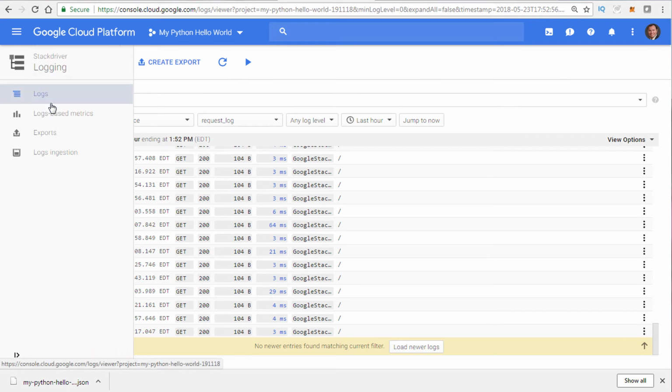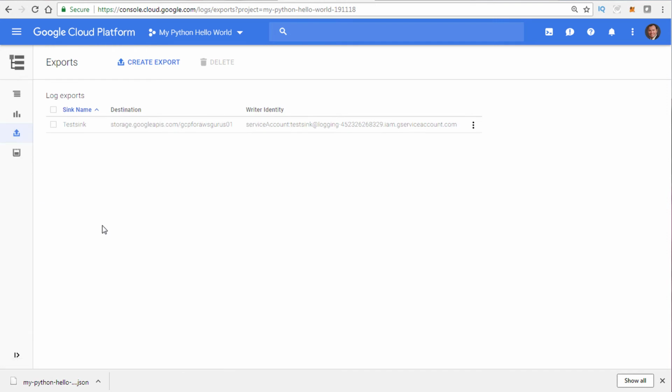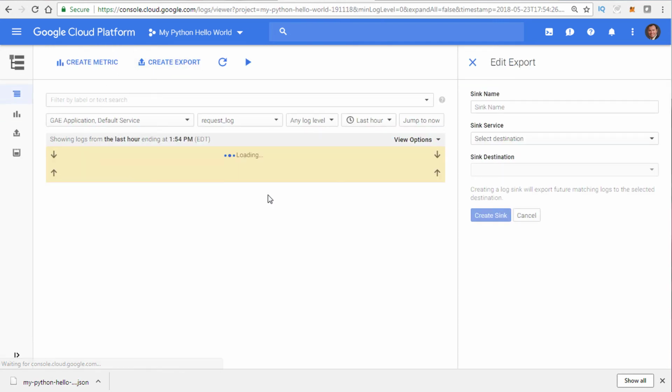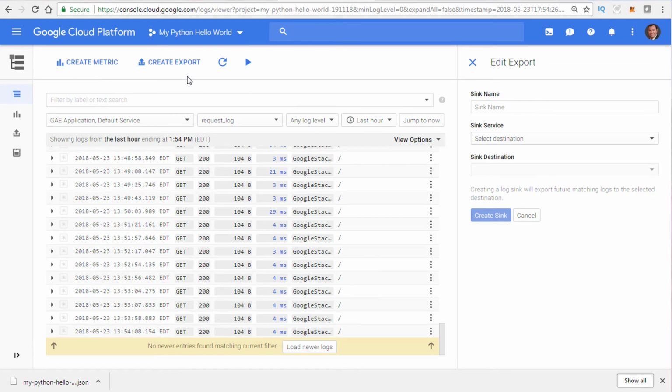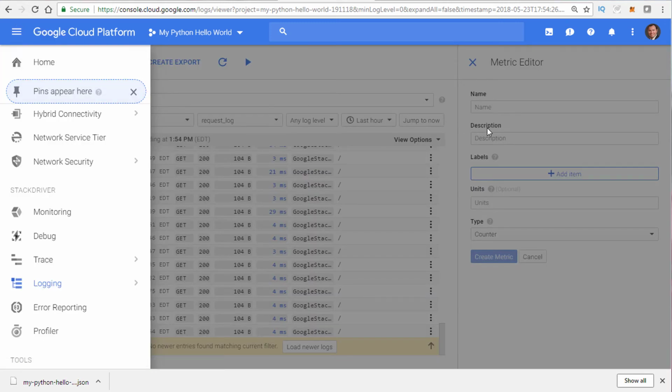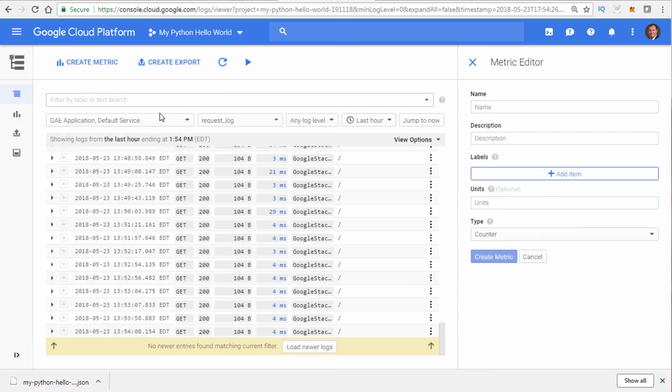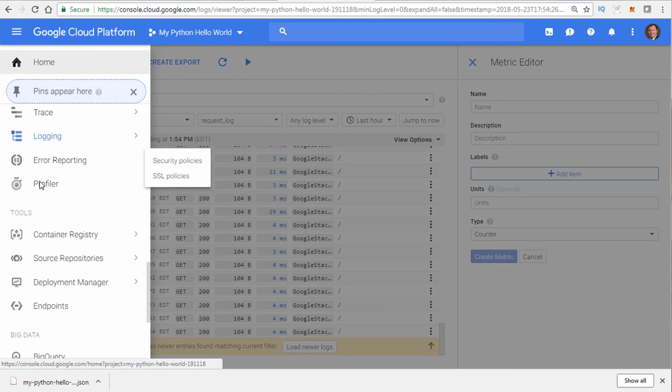Let me go to logs. So I'm in logs. Now, exports. Now, you have the ability here to create an export of the log files. You can do that several different ways. And there was, if you go back here to